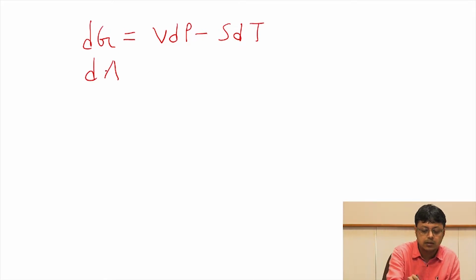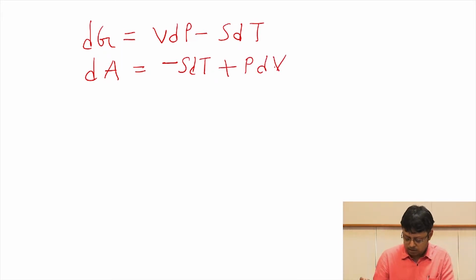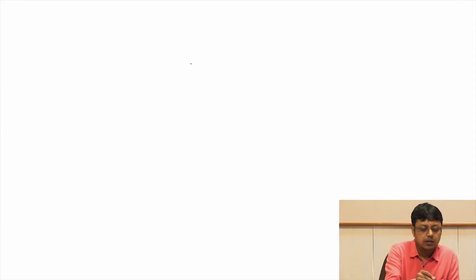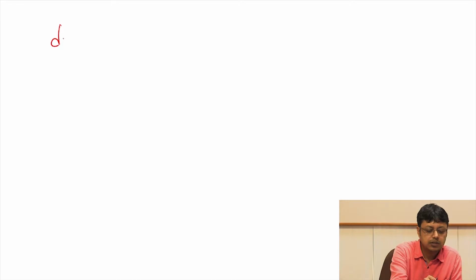So what we just discussed is that the two most important relations are dG is VdP minus SdT, and dA is minus SdT plus PdV. And then, according to the discussion we just had, we said that the two most important